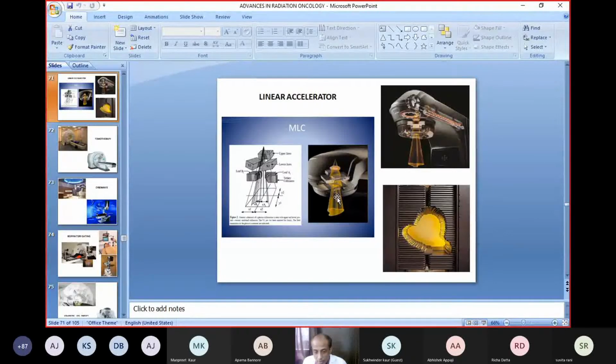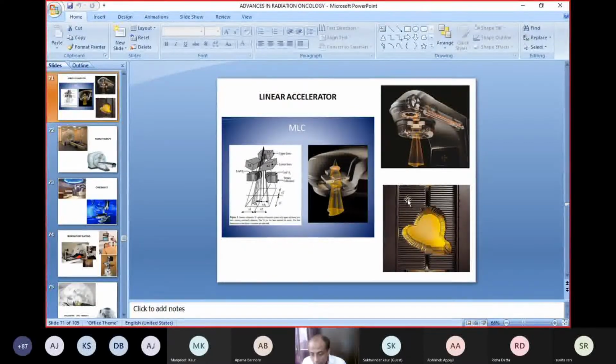How does the linear accelerator function? It has an X-ray generating tube, and microwaves that propagate the energy, and when it comes to the treatment head, the energy is escalated into the megavolt range, and it is delivered to the patient. It has multiple MLCs, each one called a leaf. You can see there are around 80 pairs. In this there are 80, and here also 80. 160 are there. These leaves are made up of lead or tungsten through which radiation cannot come. That acts as a blocker of radiation, and this is the opening area through which radiation comes.